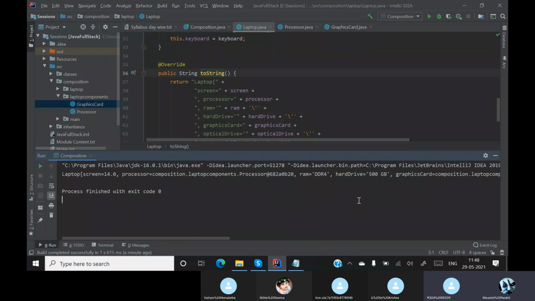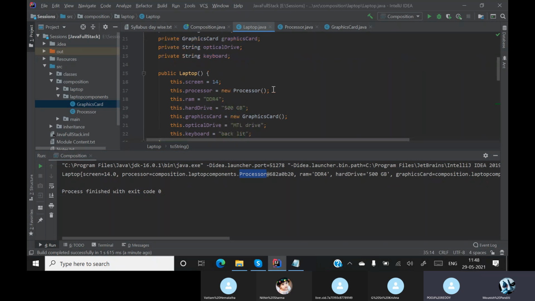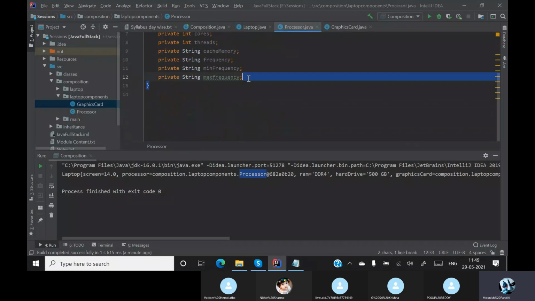Okay, but when I'm talking about my graphic card or my processor, since they are different classes and I have only created an object, I am accessing their objects. I am not accessing the details of them. Whenever an object is created, a constructor is called, right? You have a default constructor over here. Yes or no? Yes, sir. So we'll create a default constructor over here.